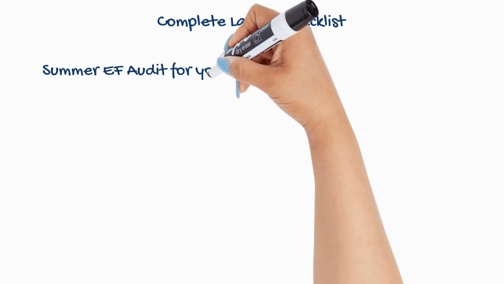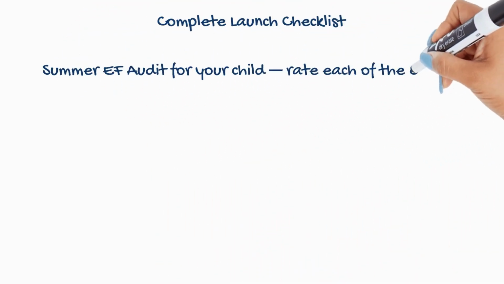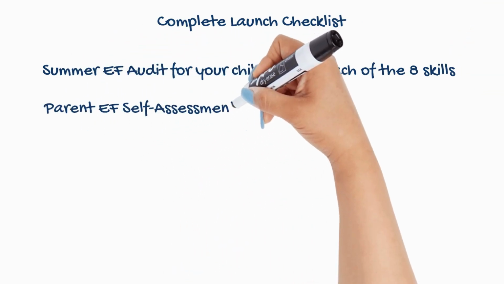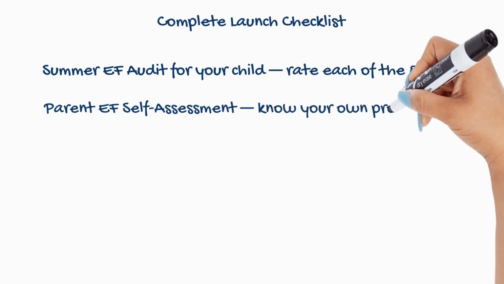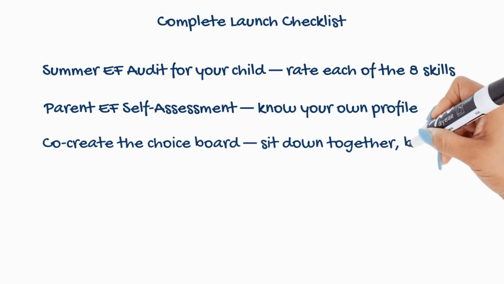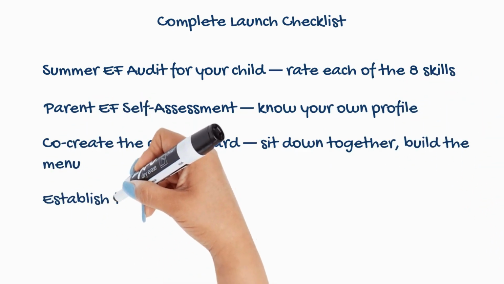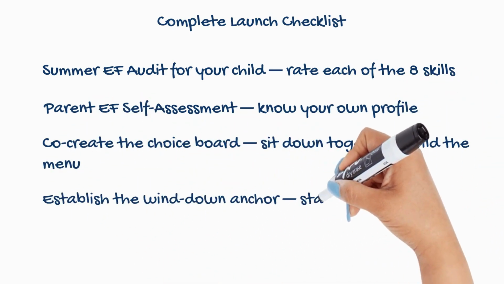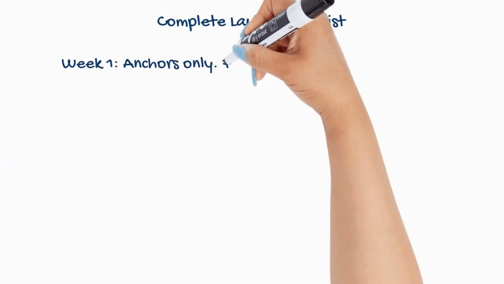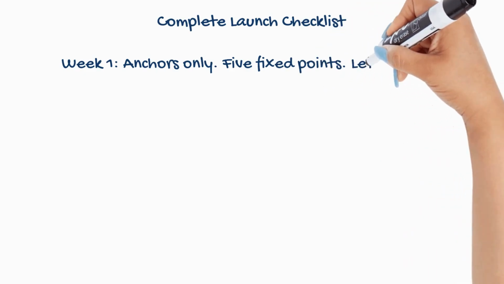So here's your full checklist. Make sure you've done your summer EF audit for your child and rate each of the 8 skills. And do the parent EF self-assessment so you know your own profile. Co-create the choice boards by sitting down together and building the menu. And establish the wind down anchor. Start tonight. In week 1, you're only doing the anchors, so you have 5 fixed points and let the rest